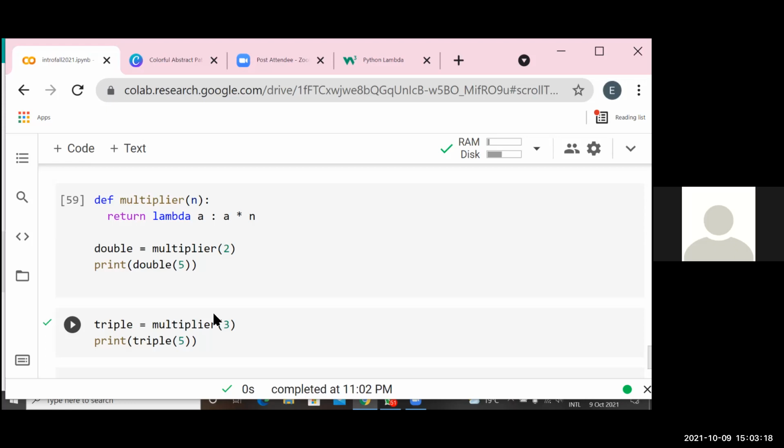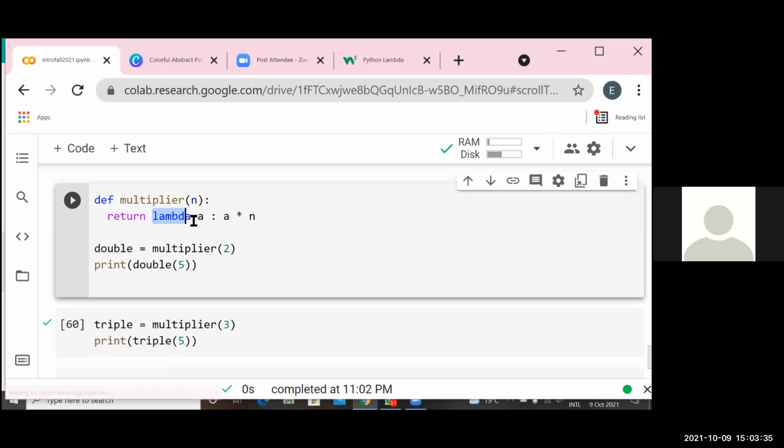Like the way we're accepting user input, maybe the user can enter 3 or 2 or 5. So remember the return statement, this function should return a lambda.